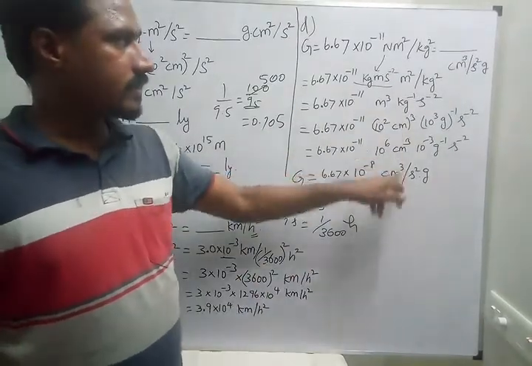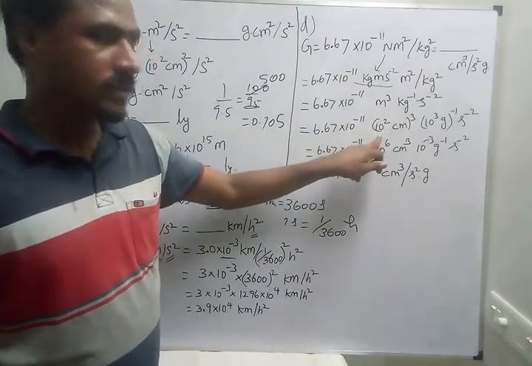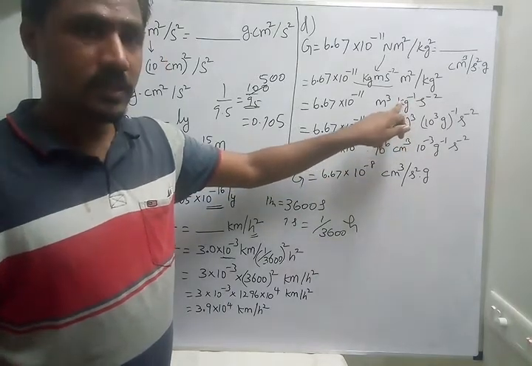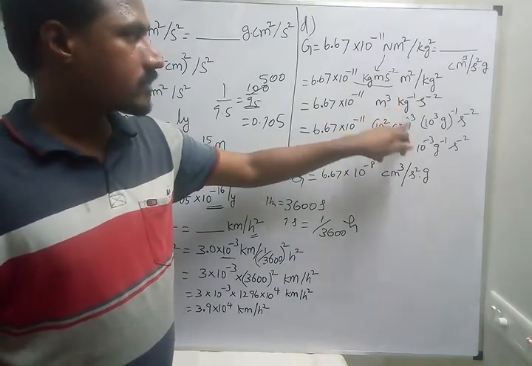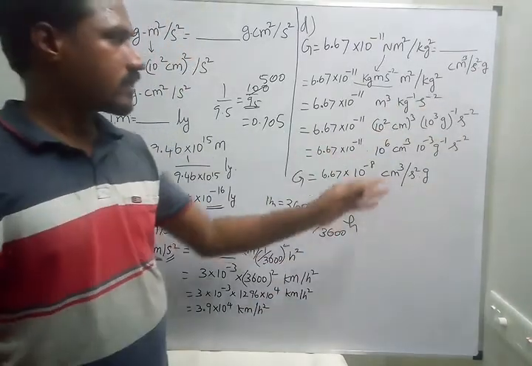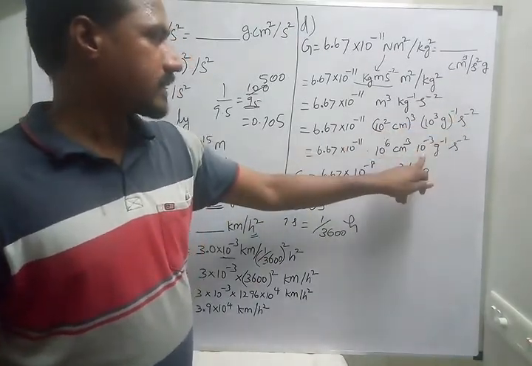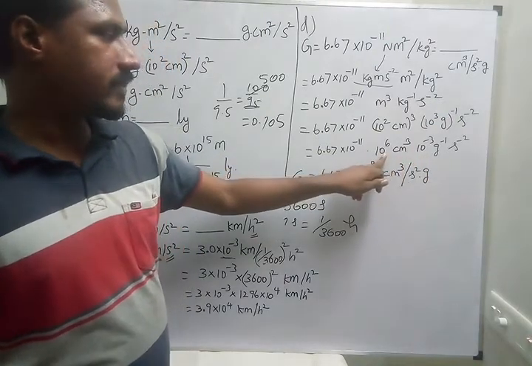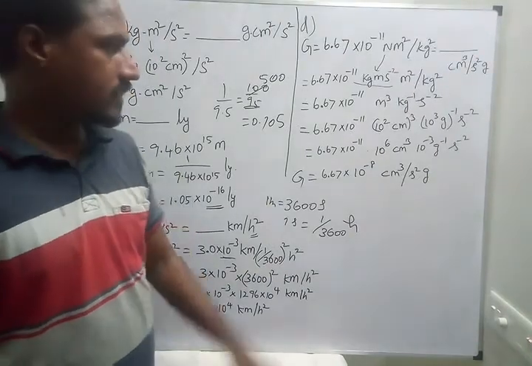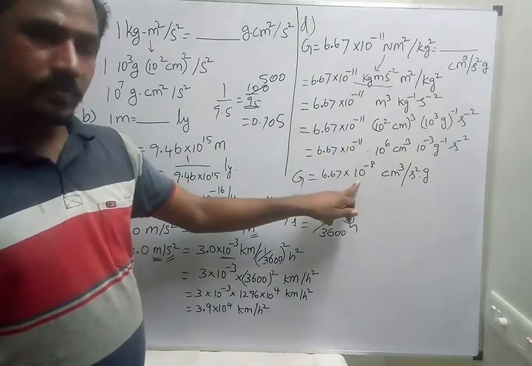So now we have to convert to the required unit. Meter is converted into centimeter. So 1 meter equals 10 power 2, 100 centimeter. So 10 power 2 centimeter, the whole power 3. And kilogram is 1000 gram. Okay, so 10 power 3 gram power minus 1. And second power minus 2. Just combine now. 10 to the power 2 whole power 3 is 10 power 6. 10 power 3 power minus 1 is 10 power minus 3. Okay, so combined, 10 to the power 6 and 10 to the power minus 3, 10 to the power plus 3 will come. So add it with this one, 10 to the power minus 11 into 10 to the power plus 3, 10 to the power minus 8 only comes.